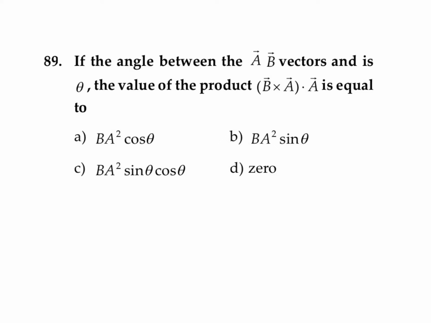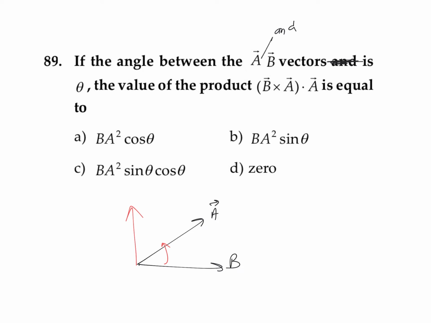In this question it is given that if the angle between A vector and B vector is theta, what is the value of the product of B cross A dot A. So assume that we are having a vector B vector, another vector, take it as A vector. And we know that if we are going for B vector cross A vector, the direction of B cross A